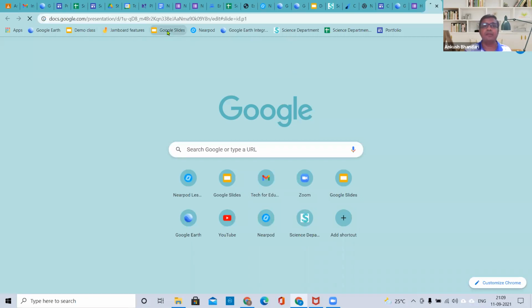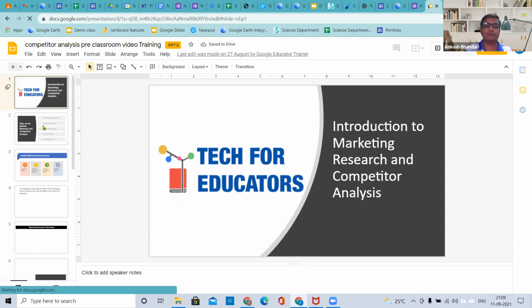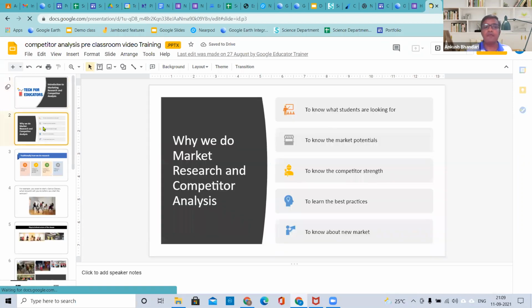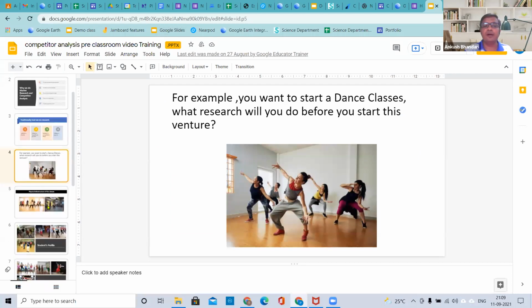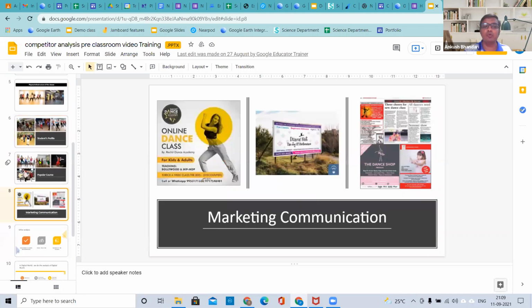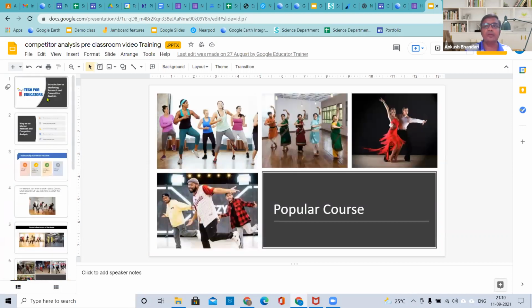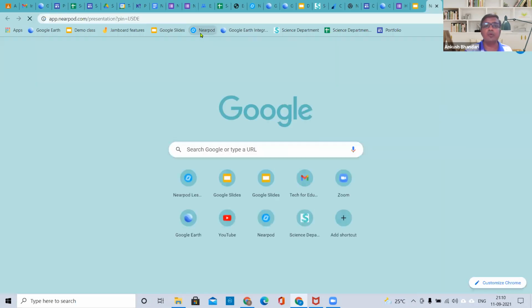Here, this is Google Slides. I know everyone knows about Microsoft PPT and Google Slides nowadays. But have you ever thought, can you add some quizzes directly in the slides? Can you add some questions directly in the slide and ask students to reply before they move to the next slide? Yes, we can do it. So I'm showing you another tool. Here I'm clicking onto it.